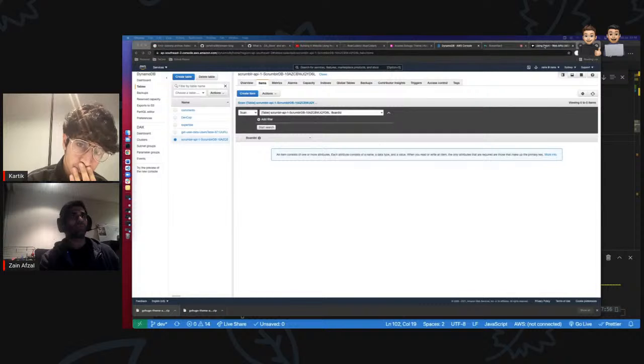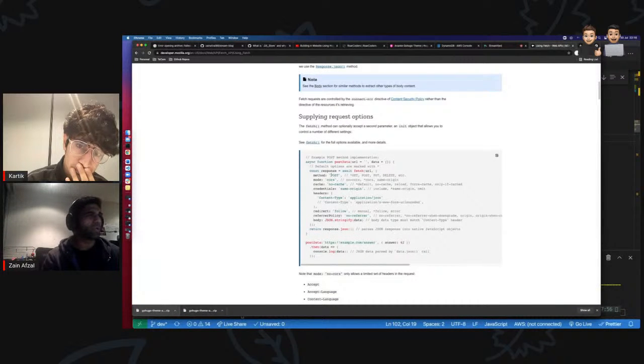Let me just check something. So here it is using post, headers, and then body is just stringifying this object here. That's all. And body data type must match content type header. And what's our content type?